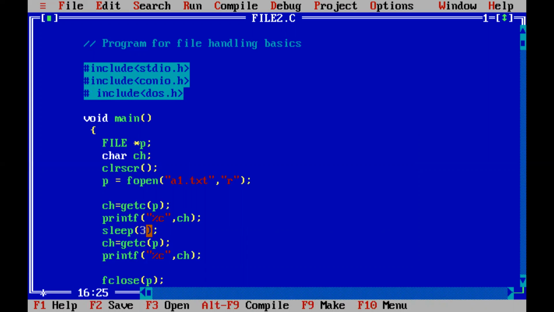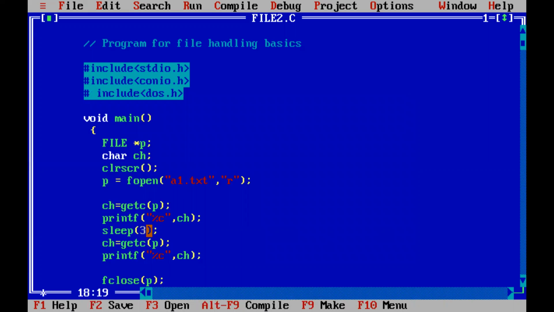So what I'm doing here is it will first read the first character H, and then after a pause of 3 seconds, it will again read from the file. After reading H, the pointer has now moved to the character e. So it would now read e. So you can see the effect here, right? Okay. So it has read the first two characters because I've used getc twice.